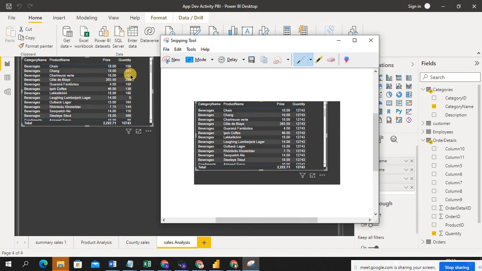See 347, 341, 266, 239. When I removed the relationship, one value is repeating. What is that value? The total quantity sum, like a count. That count was repeating here. Is it clear guys? Any doubts here?